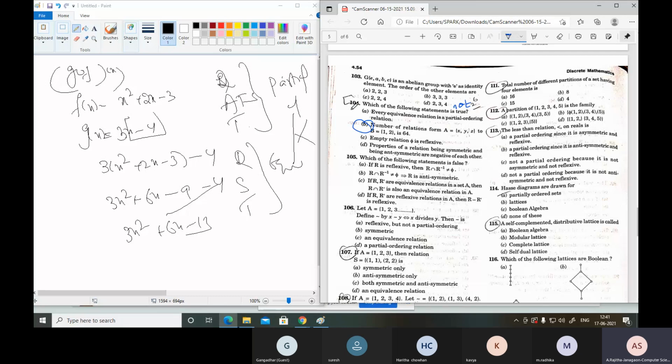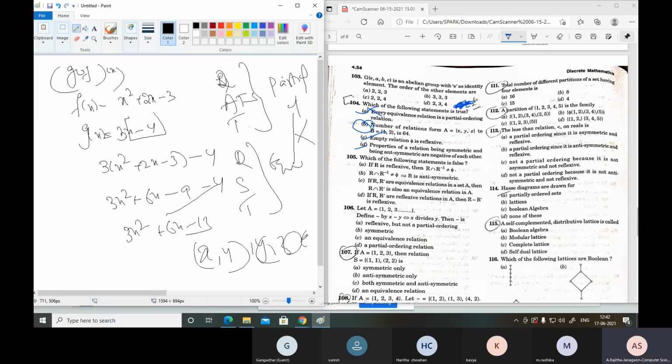ఓకే, సో ఇది ట్రూ స్టేట్మెంట్, ఇది కూడా ట్రూ, బట్ ఇక్కడ చూడండి a ఈక్వల్ టు x, y, b అండ్ b. సో ఇక్కడ ఎన్ని రిలేషన్స్ పాసిబుల్ అవుతాయి మనకి? దీనికి ఎగ్జాంపుల్ ఇస్తానండి. ఎవ్రీ ఈక్వివాలెన్స్ రిలేషన్ ఈజ్ ఏ పార్షియల్ ఆర్డరింగ్ రిలేషన్. సో ఎలా చెప్తారంటే మనకి x, y and y, z belongs to R, then both of these two are same, x equal to y అంటారు.